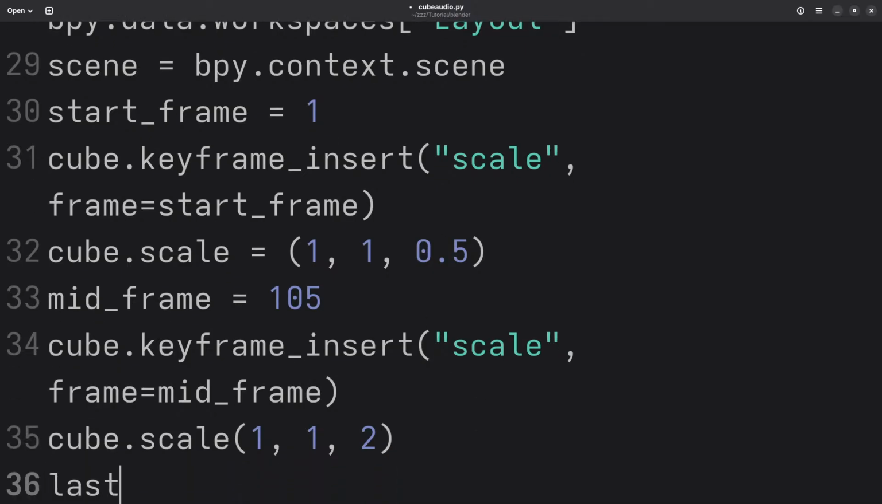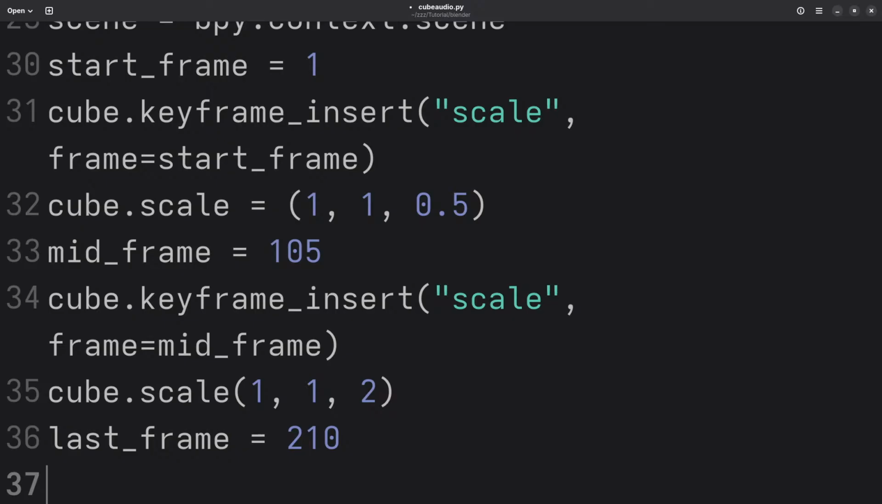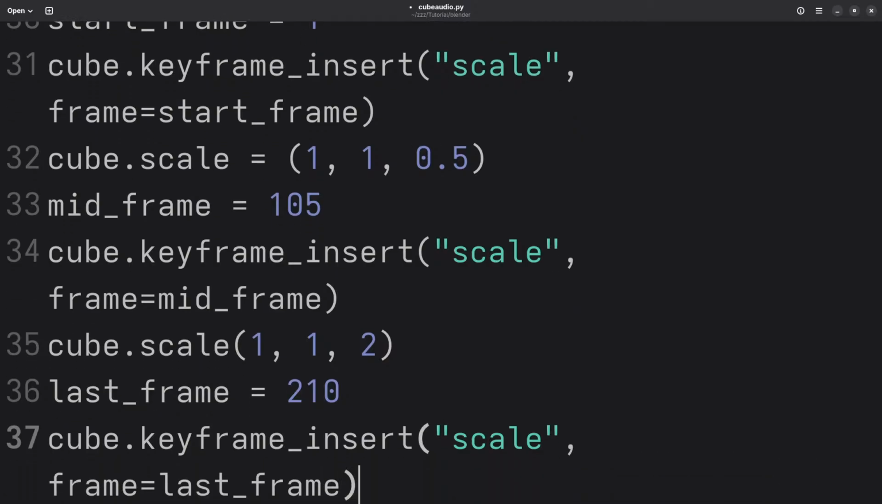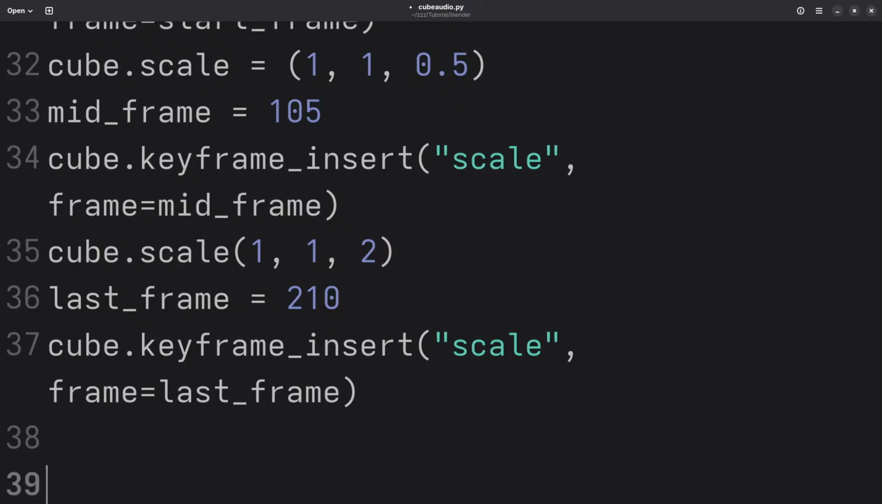So I'll put last frame. I'll set that to 210, sorry. And then I say cube.keyframe insert. Again, the type we're doing is a scale. Say frame equals last frame. Okay, save that. Now, we want to bake the sound